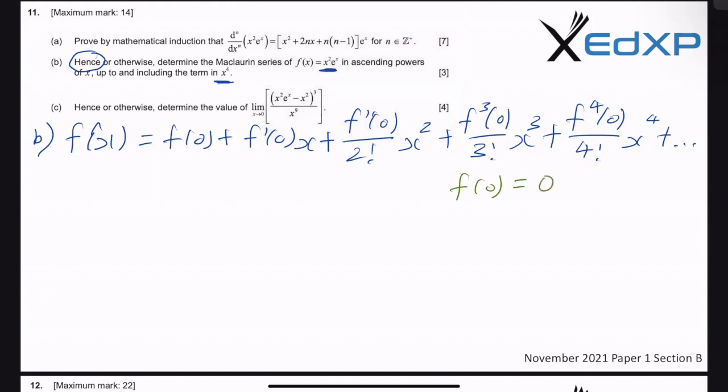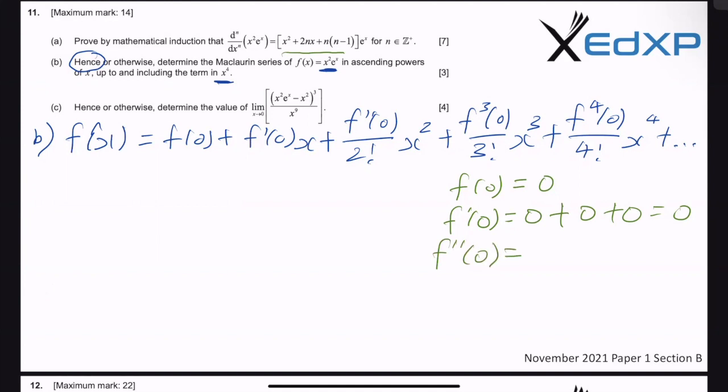0. F prime 0, we can make use of our induction proof statement over here. So the differential over here when x is 0, we get 0 plus 0. In this case, n is 1, which is also 0, which means that the first derivative is also 0. And the second derivative,